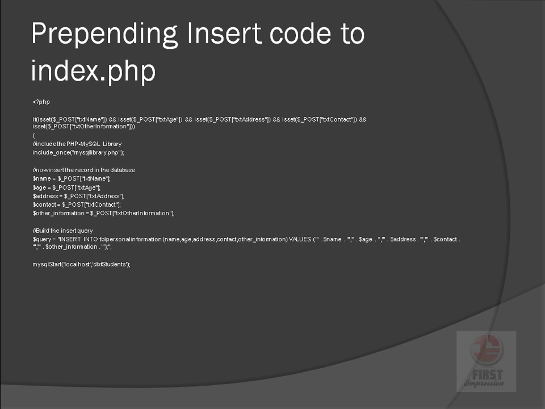The MySQL start function will start the connection from the PC to the database. Then you will say execute query. The execute query function is written inside the MySQL library, and this function returns a value if the query was successfully executed or not. So we'll check if the result was not -1, that is, you are able to execute the query on the database. Then we'll echo that you are successfully able to insert the record inside the database, else you will say cannot insert. I will close the connection by saying MySQL end.